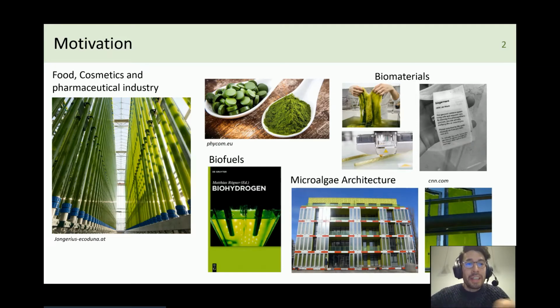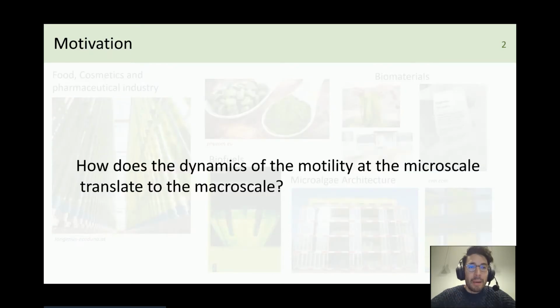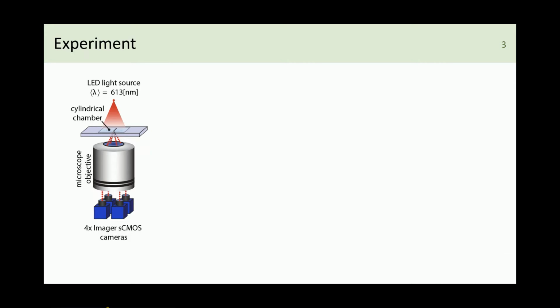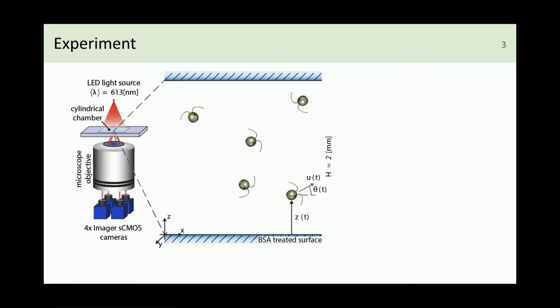Now, if you consider these suspensions of motile microswimmers, a question of fundamental interest is how the dynamics of the motility at the microscales translates and affects the macroscales. And in order to get insight into this question, we use a unique experimental setup which we have in the lab of aerodynamics and hydrodynamics in Delft, which is a 4-camera view microscope. We place in a flow chamber here a suspension of motile microalgae, in our case Chlamydomonas,